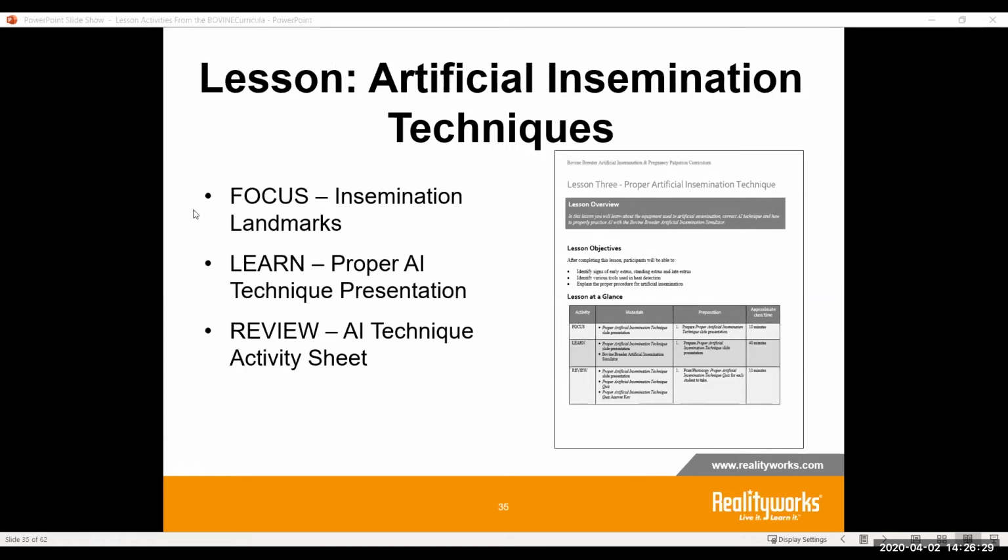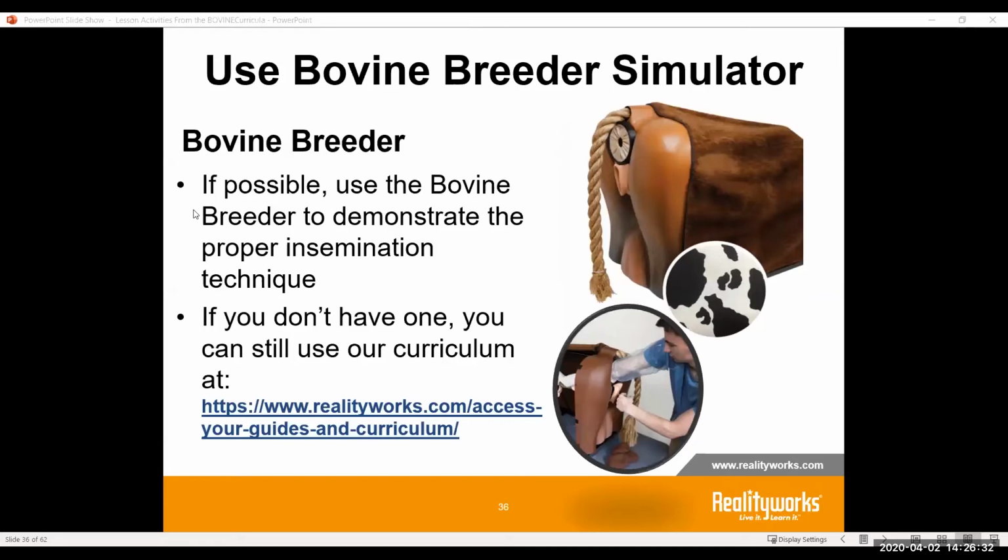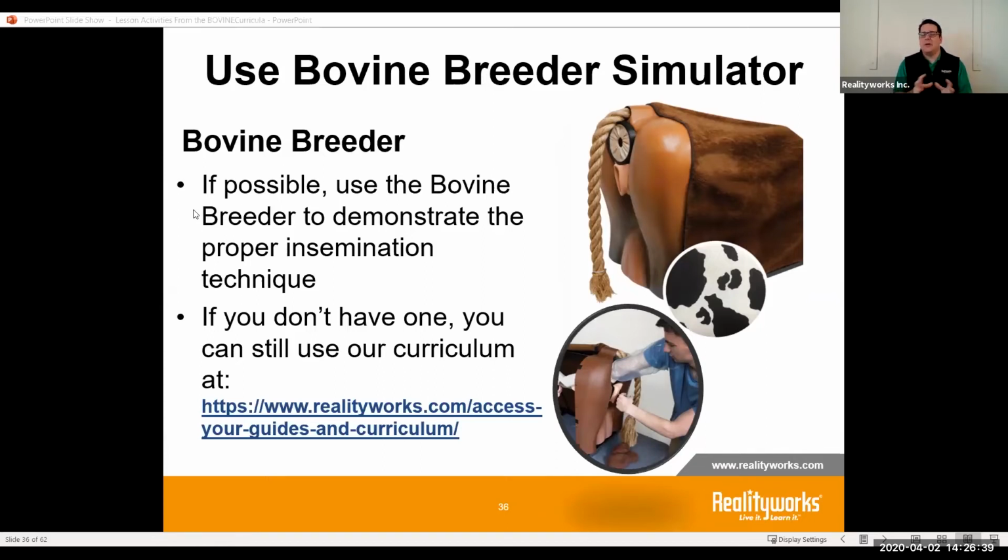To walk you through, one of the things I want to suggest is that if you have our products, this is a great piece to demonstrate, where you could put a video out there and show students the proper insemination. You could walk through in a video format and talk to them about how it's done, show them the inside of the simulator where you can see all the different anatomy, why it's important, and how you're doing it. So demonstration can be very powerful even though you don't have the students in the classroom. All right.